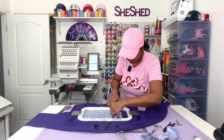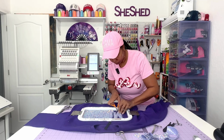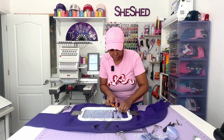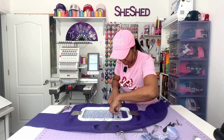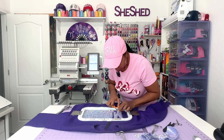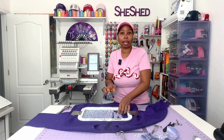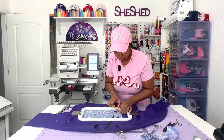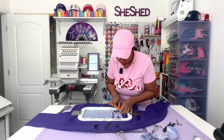Okay, and we are almost there. And so I'm doing this in real time, so this is how long this is going to take to cut this out. I mean, my scissors were a little bit dull, my other ones, so it took a little bit longer than it should have. Now, I do have a laser, so I do usually cut out my cotton fabric with my